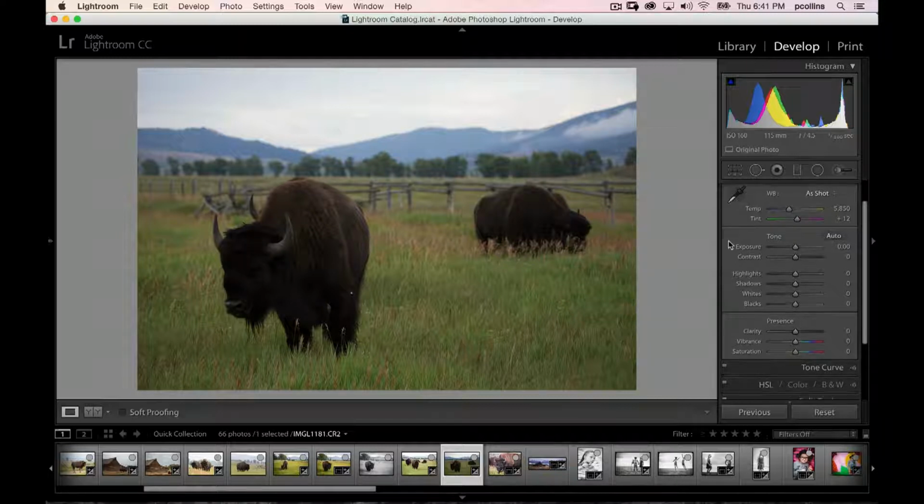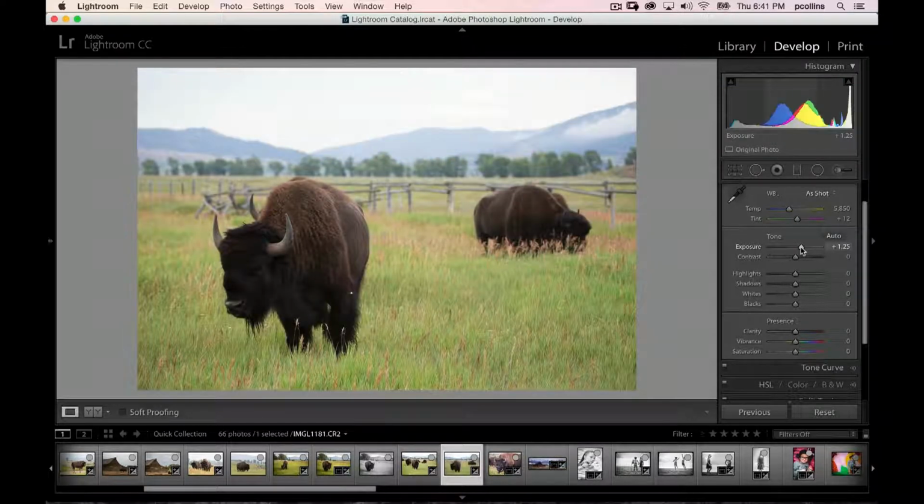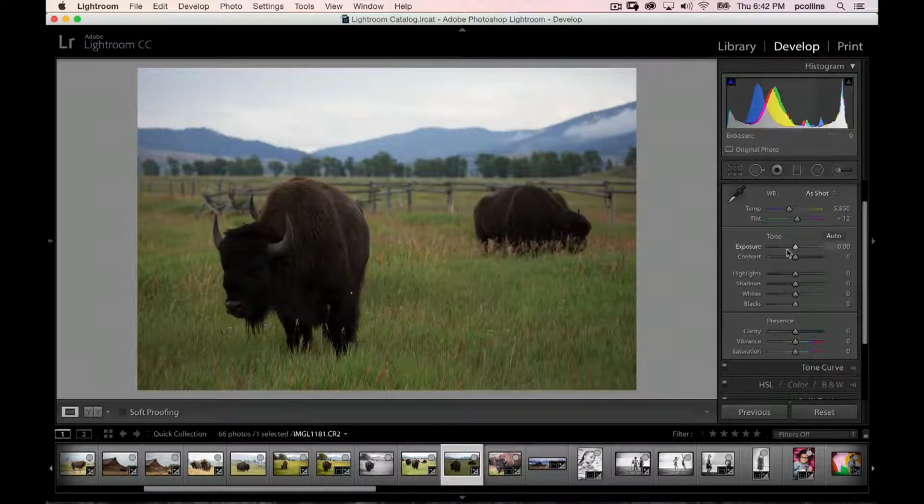Now, in the past, if you were going to come in here and work these, most people tend to grab the exposure and fix the exposure and then the contrast, and they start working their way down this way, and maybe they'll get to the whites and the blacks. But usually they do all the adjustments up there. Let's reset this. I want to suggest to you, starting from the bottom of this section, work your way up, because the most important thing to do is set your whites and your blacks so there's no clipping in your